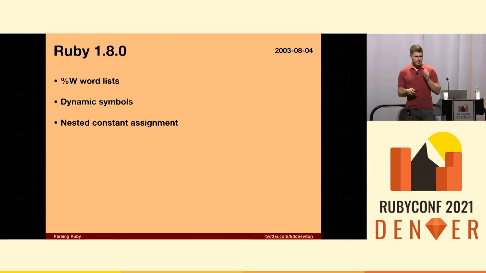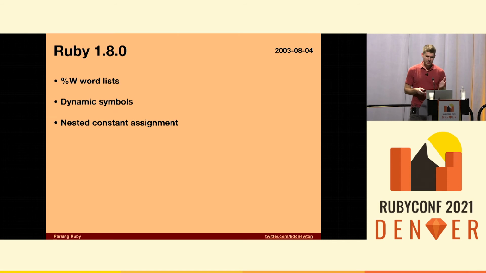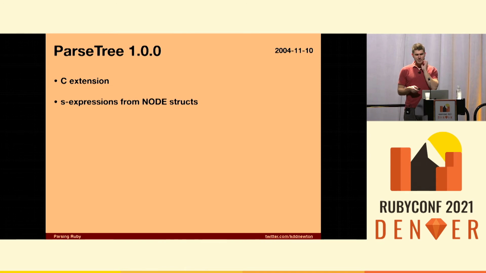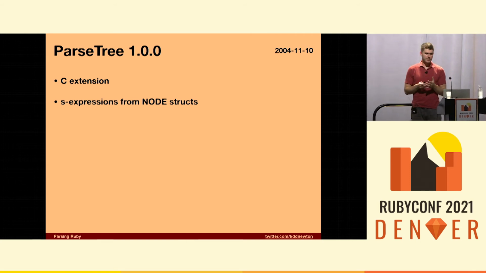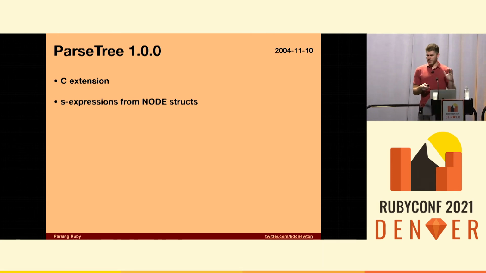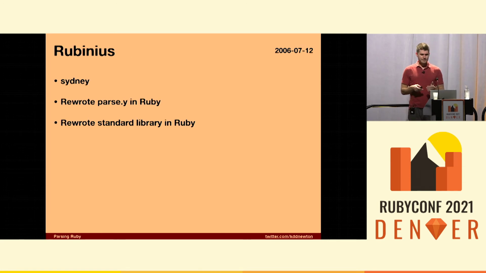Ruby 1.8 comes out 2 years later, and we get a couple more interesting things. I'm going to start skipping through this a lot faster, so if you thought I was going fast now. Around the same time, Parsetree gets released. Parsetree is a project by Ryan Davis that builds out an AST from the source file using a C extension. It relies on Ruby 1.8 internals, so unfortunately, Ryan had to deprecate this when Ruby 1.9 came out because it completely changed to a bytecode interpreter.